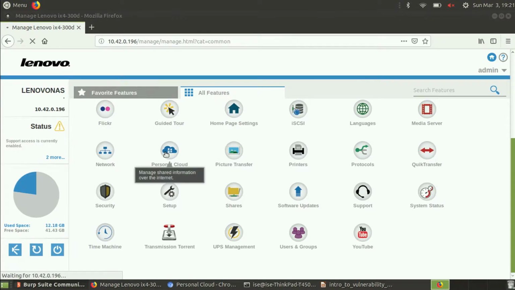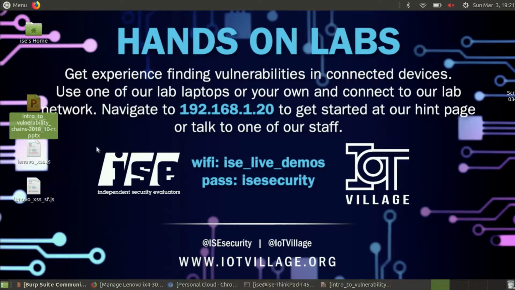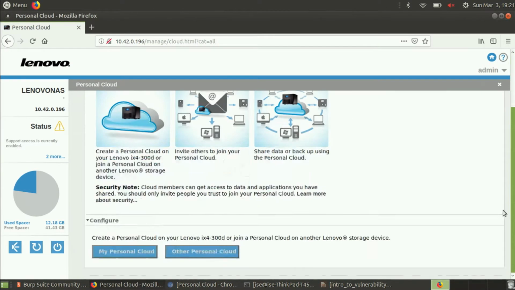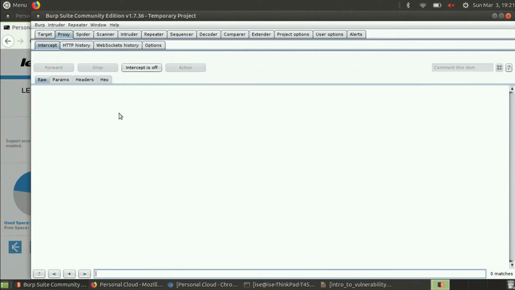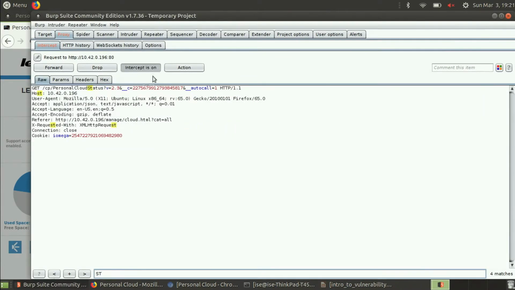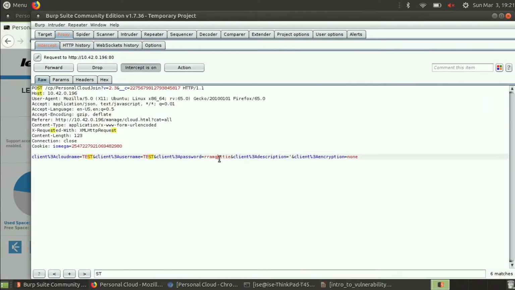Once we do it from over here, we'll see that it's going to allow us to issue requests, and we'll see the curl request. Perhaps it's intercepting right now, so that's not going to go through. There we go. Scroll down, create a new personal storage device with intercept on. And this time the command injection is actually in the password. So I'm just going to have just some random data in there for now, which is my name. And now we're going to substitute that out for backtick